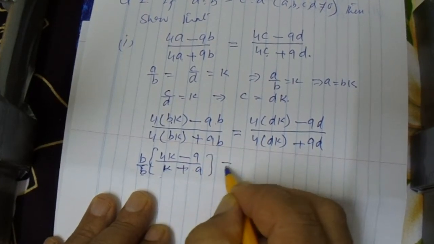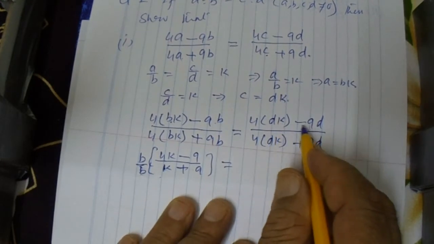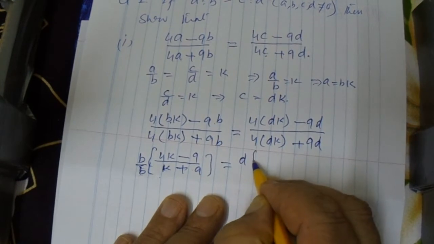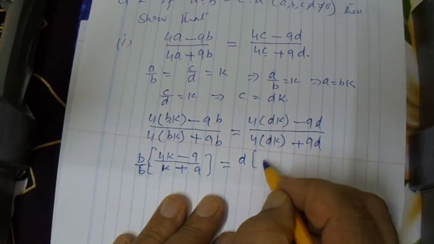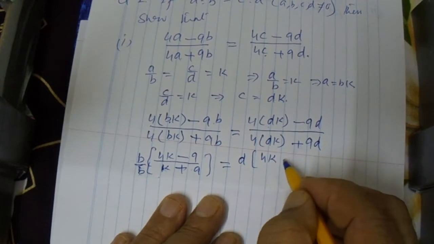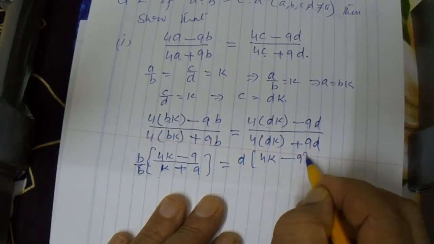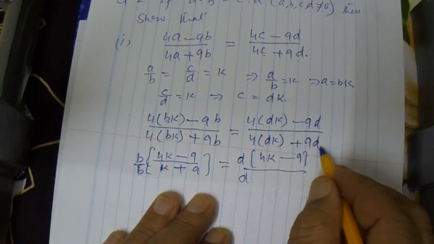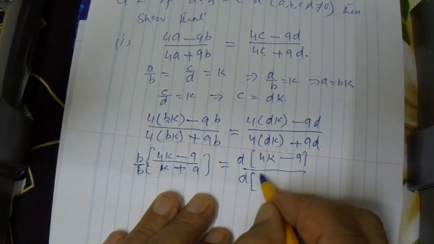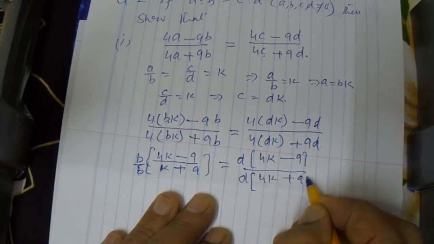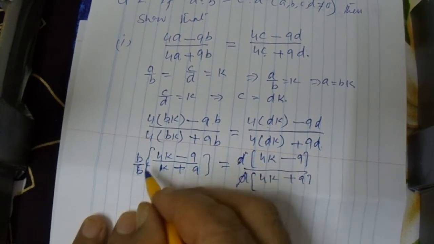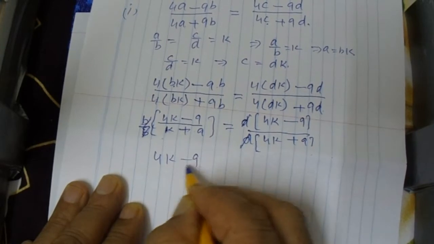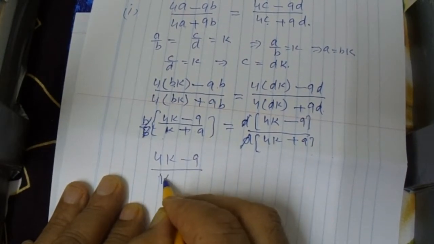This is equal to, we take D common, and here 4K minus 9, over, in the denominator we also take D common, 4K plus 9. Now this D will cancel this and B will cancel this, and we have 4K minus 9 over